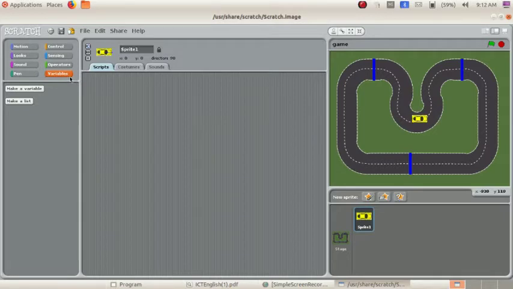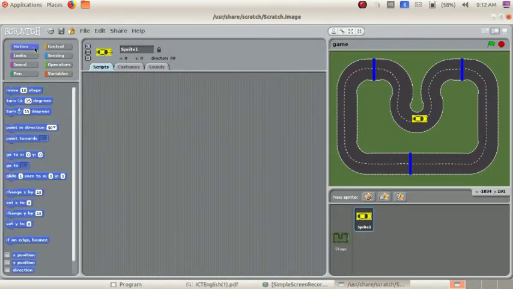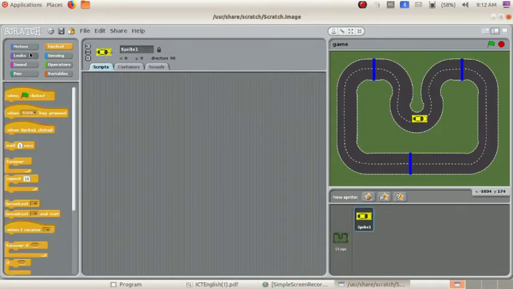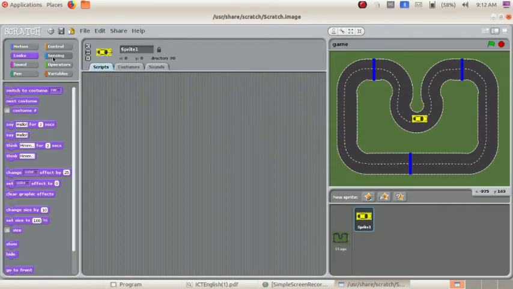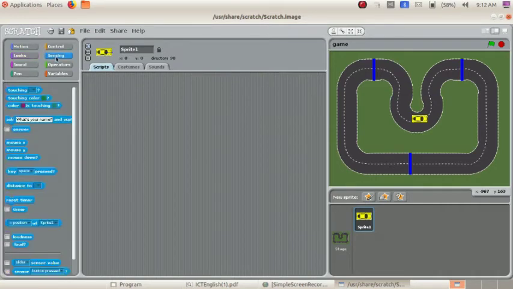For example, we have to include variables to decide the score of the game. We can use these variables for giving the scores. Dear children, you have to know the uses of each and every tab, but we are using four tabs: motion, control, looks and sensing.